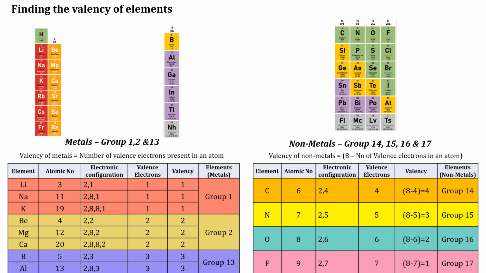Now in a nutshell, elements in group 1 have valency 1. Elements in group 2 have valency 2. Elements in group 13 have valency 3. But elements in group 14 have valency 4. Elements in group 15 have valency 3. And group 16 have valency 2. And group 17 have valency 1. Group 18 elements are 0 valent. So you can easily find out the valency of any element with this periodic table. You are clear with elements and their valencies. Now it will be easy for you to write chemical formula of any compound.